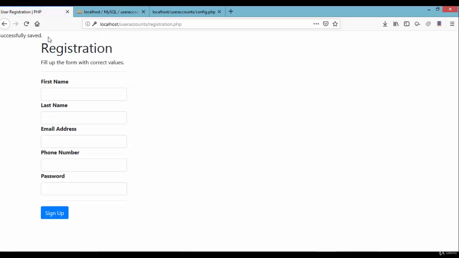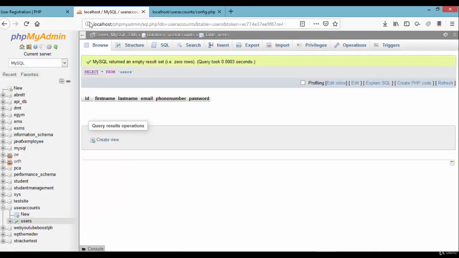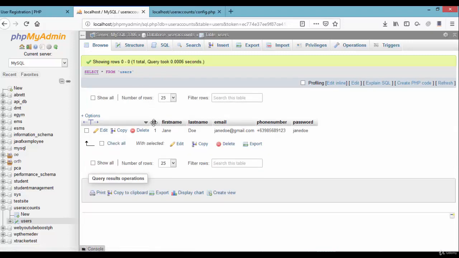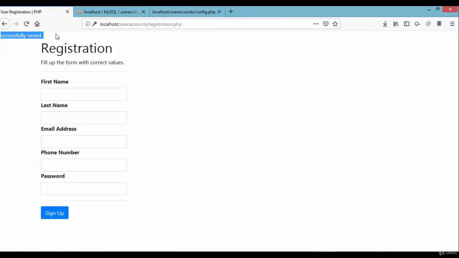Cool. Now it says successfully saved, but let's check our database or the phpMyAdmin to see if the data has gone through. Okay, so browse, let's just click on this browse, and you can see we now have the first record, which is the first name Jane, last name Doe, email address janedoe@gmail.com, phone number, and of course the password, which is Jane Doe. Okay, so I think our insert logic is good,